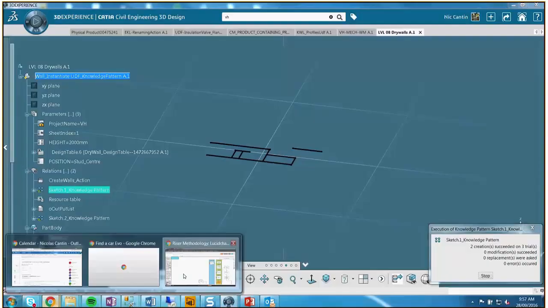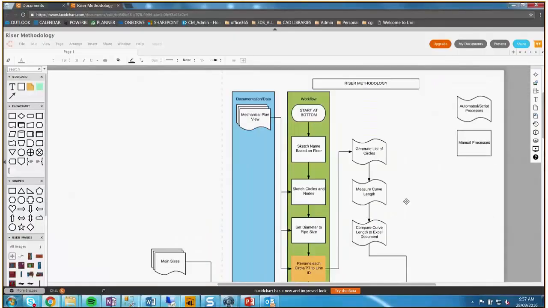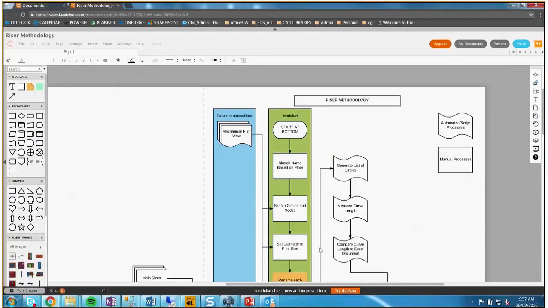A specific riser stack. So each riser stack has a specific name for that sanitary stack and a size associated. I'm actually going to open up an Excel just to